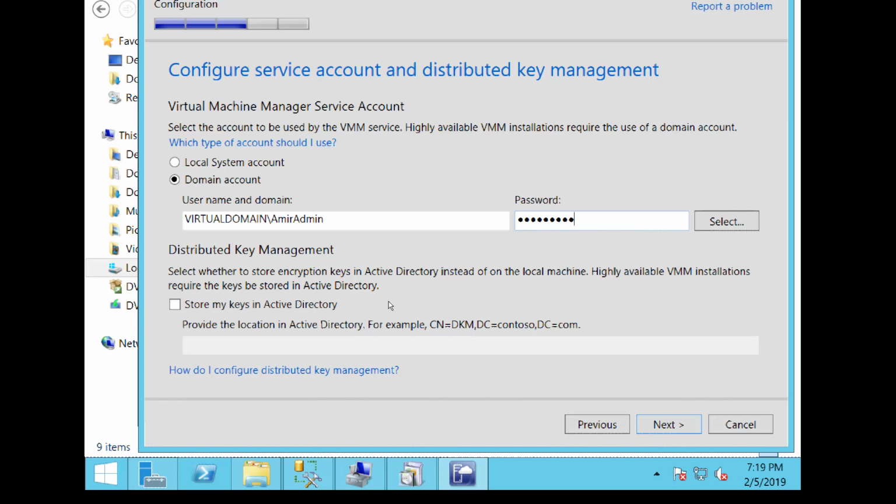Do you want the Active Directory to store your encryption and decryption keys, or do you want to save them yourself somewhere, wherever you want? So for now we're just going to not select the Active Directory here, but this is just for encryption and decryption keys where you want to save them. So we're not saving it in Active Directory for now, so we're going to keep it as is, and that would be your